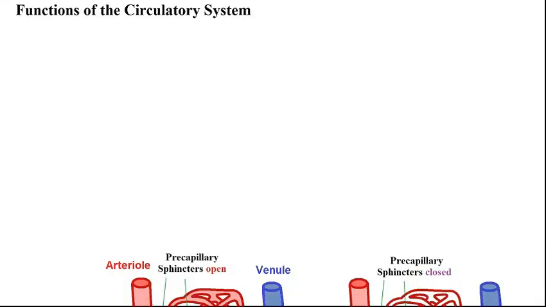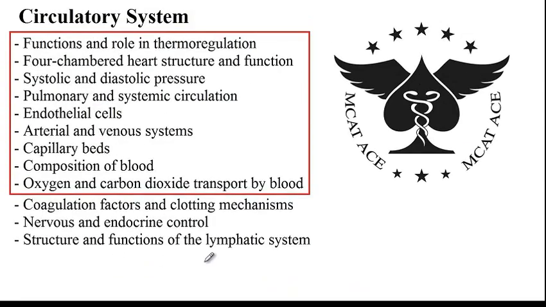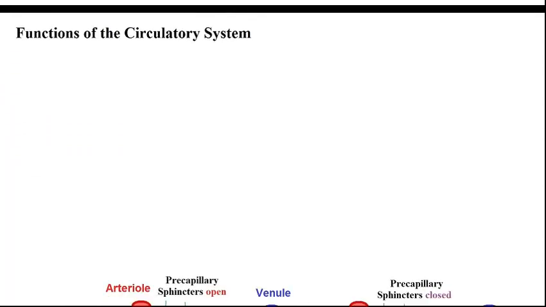So going over the functions of the circulatory system. So basically the circulatory system is divided into two parts. Number 1 is the cardiovascular system and number 2 is the lymphatic system. So this first lecture is covering the cardiovascular system. In the second lecture is where we will go over the lymphatic system. So regarding the functions, the cardiovascular system is composed of the heart, blood and blood vessels, and its functions include